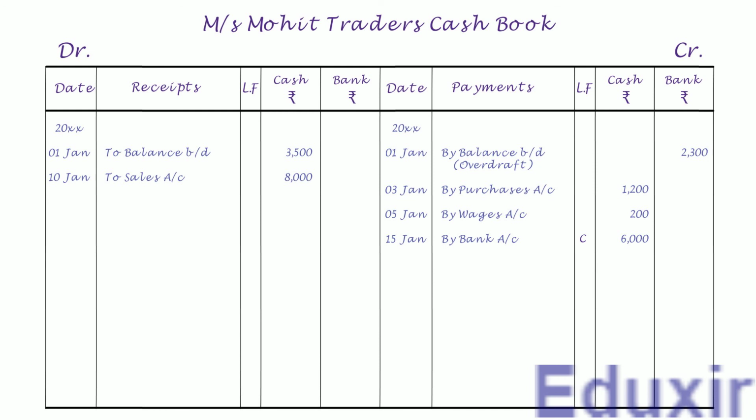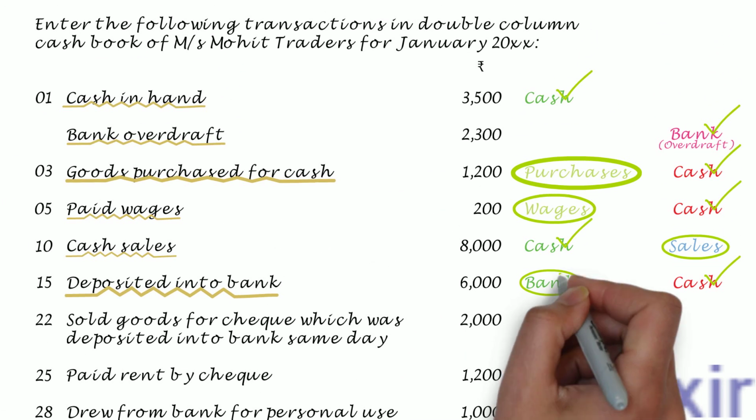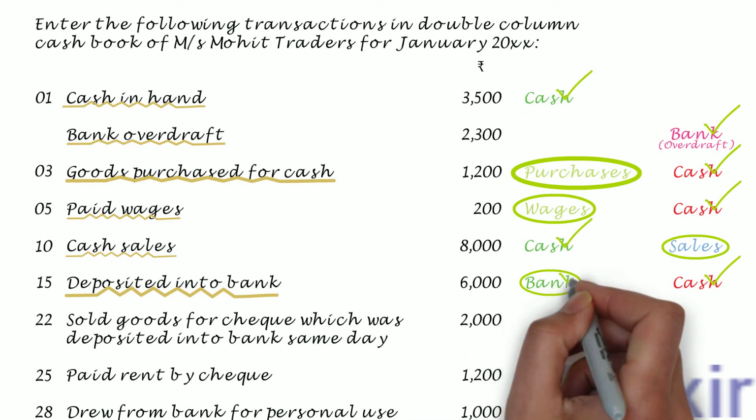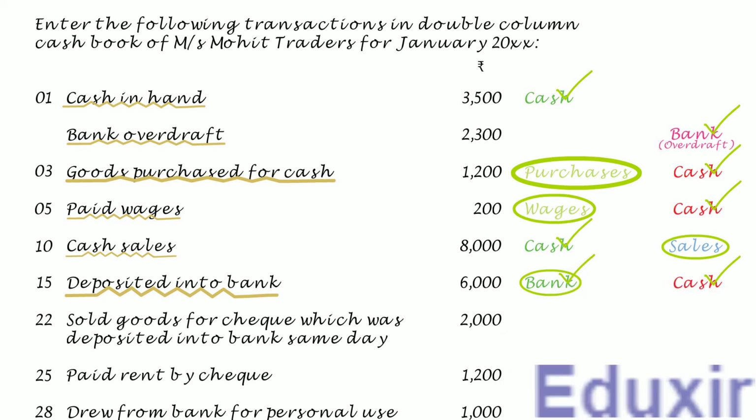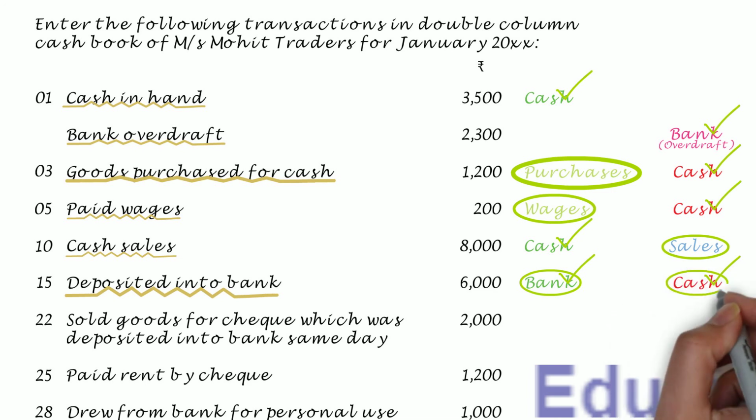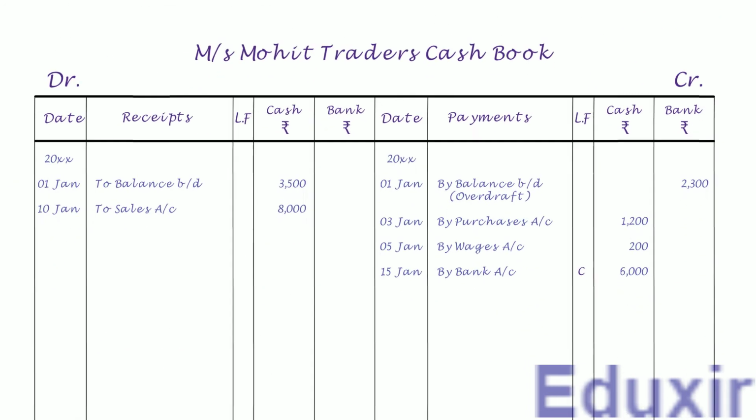Let's now take up the bank entry. In this case, as you can see, the bank is on the debit side. So it needs to be posted on the debit or receipt side of the cash book in the bank column. Note that the particulars that need to be posted into the receipts column of the cash book is cash account. With this analysis at our disposal, let's proceed with the posting of this entry to the debit or receipt side of the cash book. Let's first record the date.